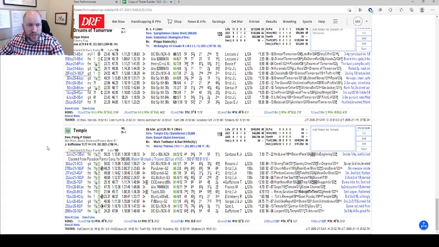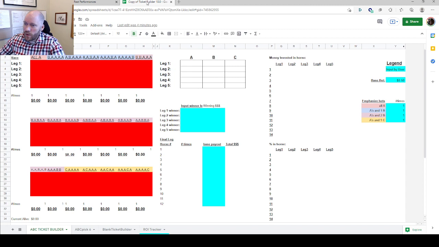I think Temple is that sort of one-run closer into a race with a lot of pace. And so I think Temple could be a major play in here. And then there's a couple others I want in here as well. So I'm going to kind of start throwing some tickets in here, and you'll start seeing how it populates things. And by the way, this is the actual Pick 5 that I will end up playing.